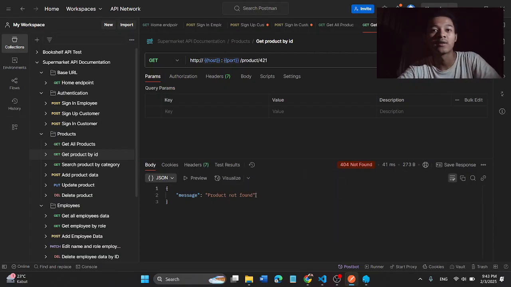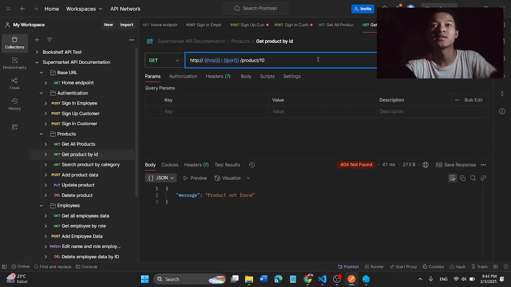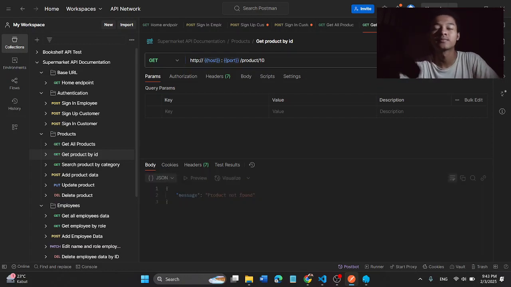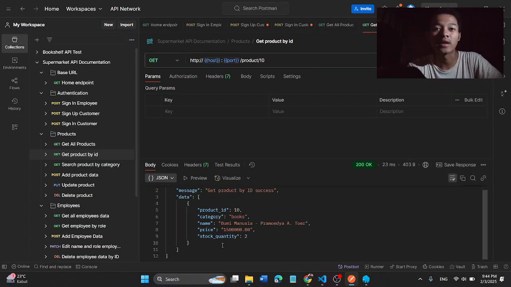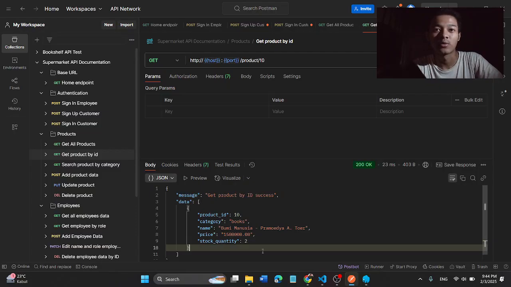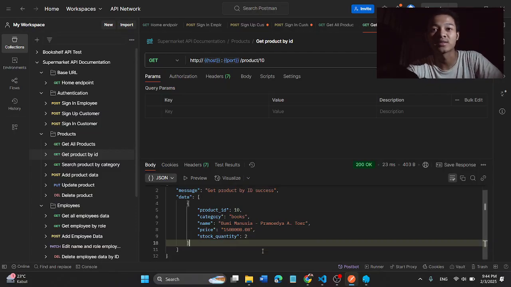The message is product not found. Now we will request again to the existing ID, send, and this one is 200 okay. The response body is like this. We got the product details displayed by the ID.